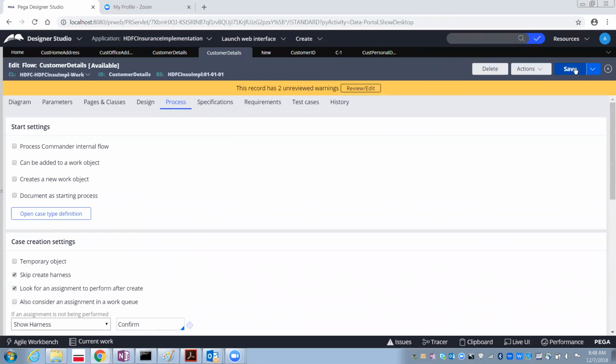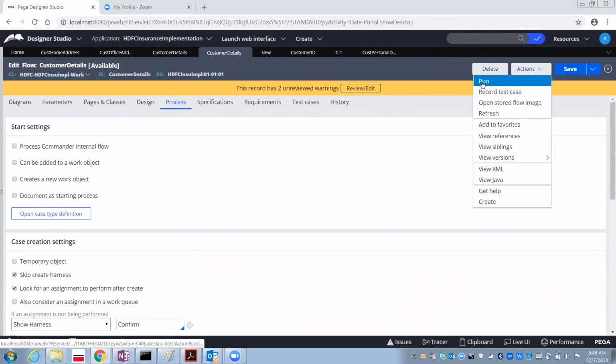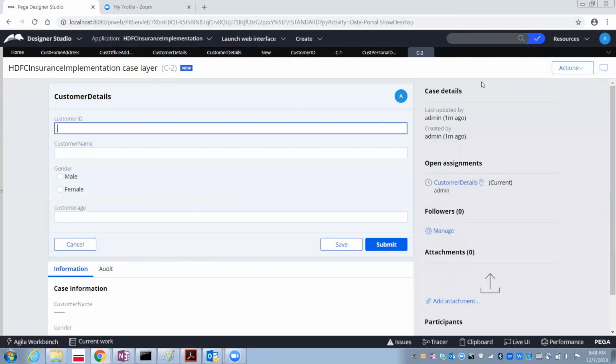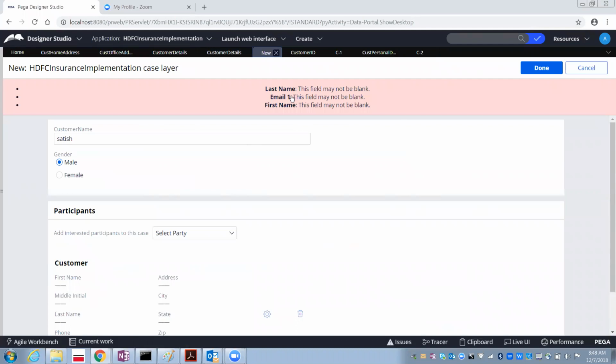Once after saving this, now you can run the flow. How can you run the flow? By going to the actions and then the run button. See here, this time the error has got removed. I hope you remember that. This is the screen which when I ran earlier we got with only customer name and gender and with these 3 errors.